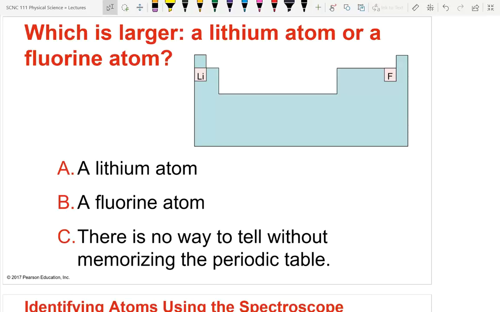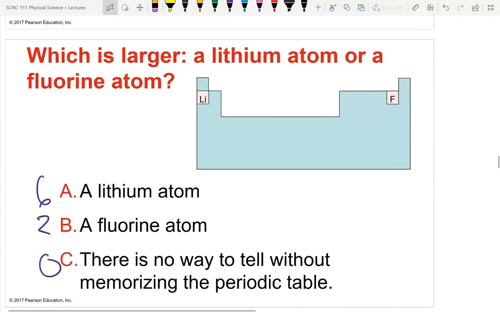Okay, so we had 6, 2, 0. I'm glad that no one said there's no way to tell without memorizing the periodic table. Because what do we not have to do? We don't have to memorize the periodic table. But we want to see trends. And those trends